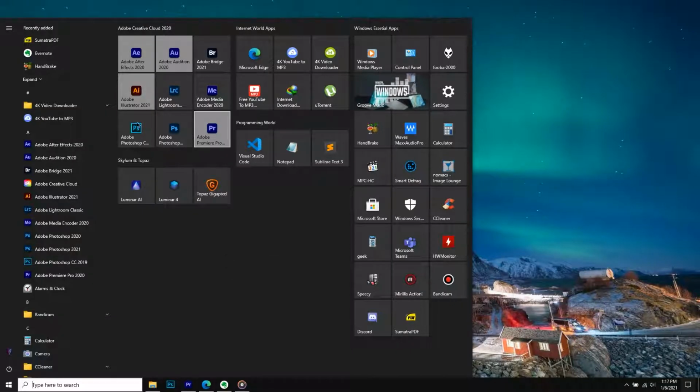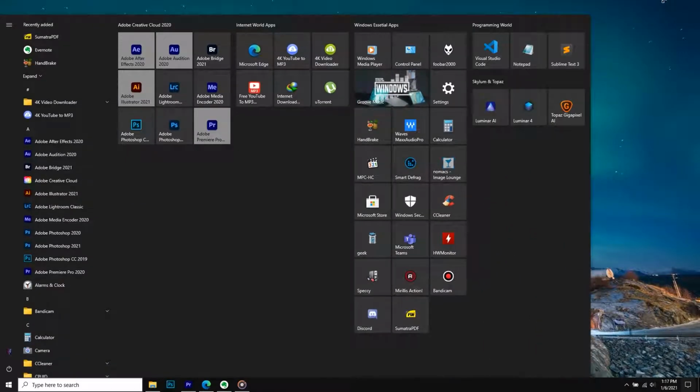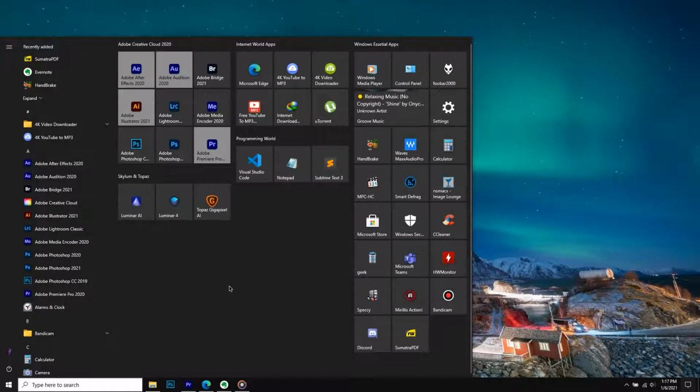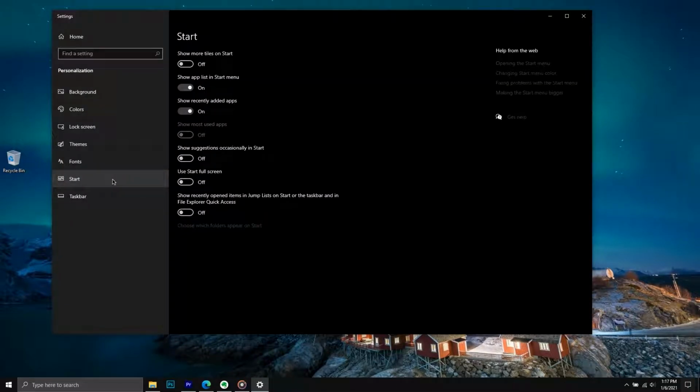Now let's talk about how to properly organize the Start menu. You can see here, I have mine organized like this, and it's pretty looking, it's not cluttering the Start menu and makes sense to search for any application. The first thing is, if you never use this, you can easily resize the Start menu. Again, this is for those who use the Windows 10 operating system. The Start menu you can easily drag and resize the way you want it to be. And also, not to mention, if you right-click on the taskbar settings and go to Start, you can play around with these settings.